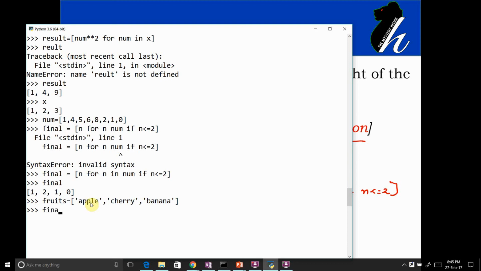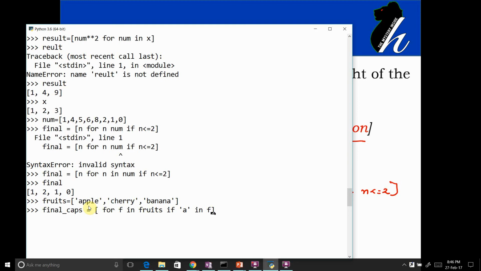So let's say final caps, that is the answer where I am storing. What I need to do, for example, for f in fruits. Now what I wanted to do, if a in f, so whatever item I am extracting, it is simply going to check whether that item contains the a character within the spelling or not.